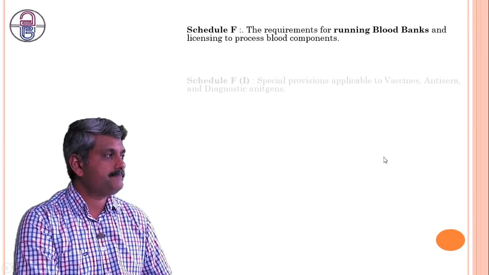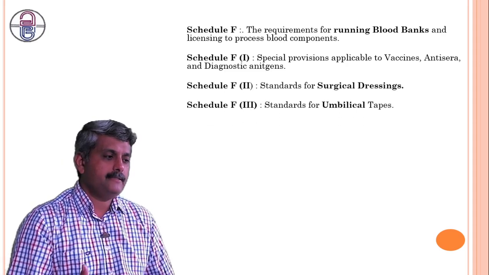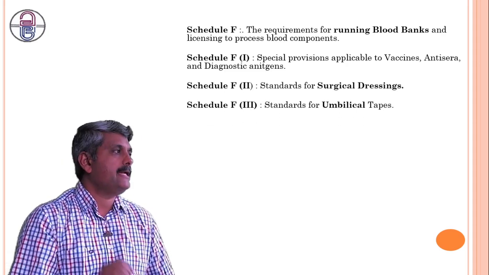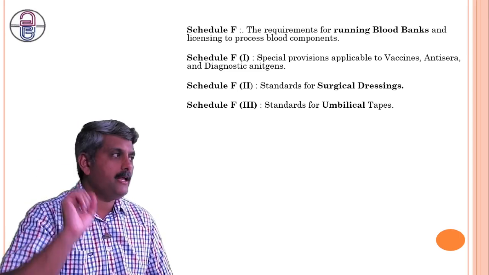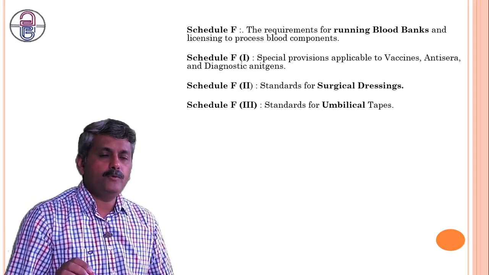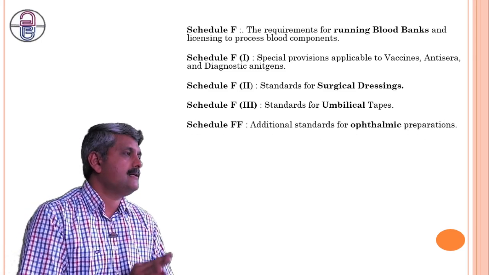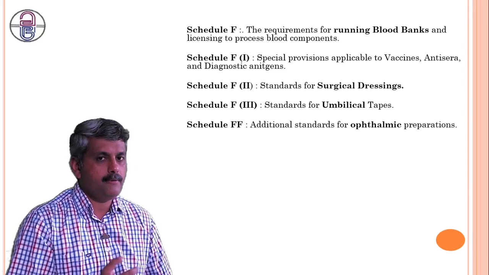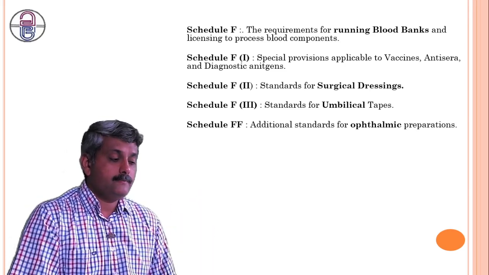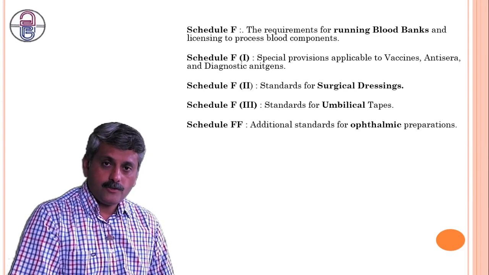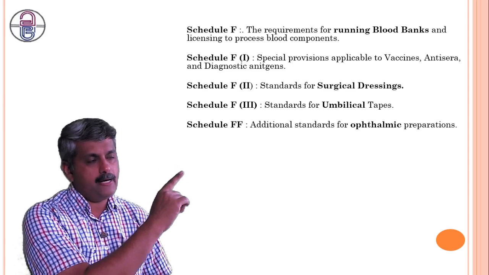Next one is F1, F2, F3. A special provision applicable for vaccines, sera, and diagnostic agents is mentioned in F1. F2 is the standard for surgical dressing. F3 is the standard for umbilical tape. FF is the standard for ophthalmic preparations. When we are trying to prepare an ophthalmic preparation, how it should be prepared is mentioned